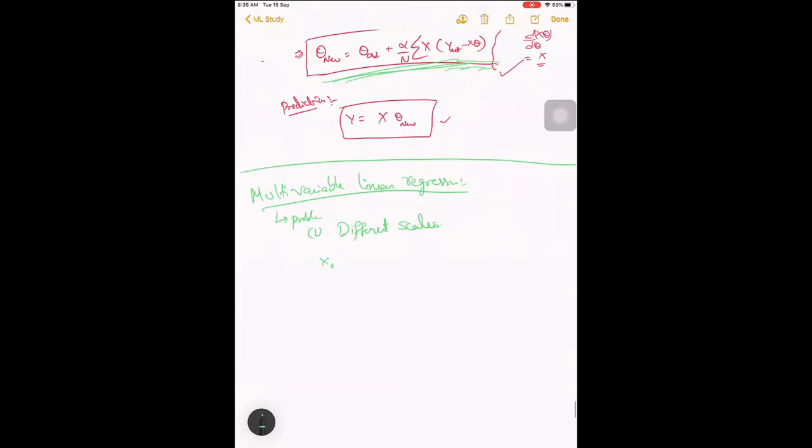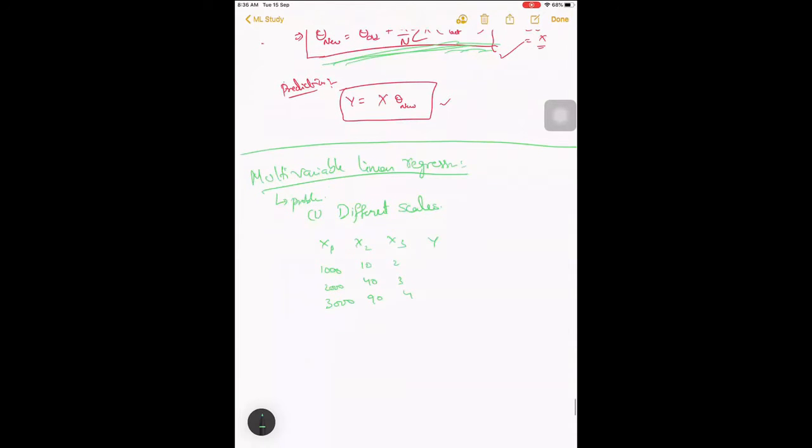Okay, so x1, x2, x3. You have this in 1,000, 2,000, 3,000, something, and this one in 10, 40, 90, and this one in something like 2, 3, 4. And you have y, which will be maybe 30, 40.